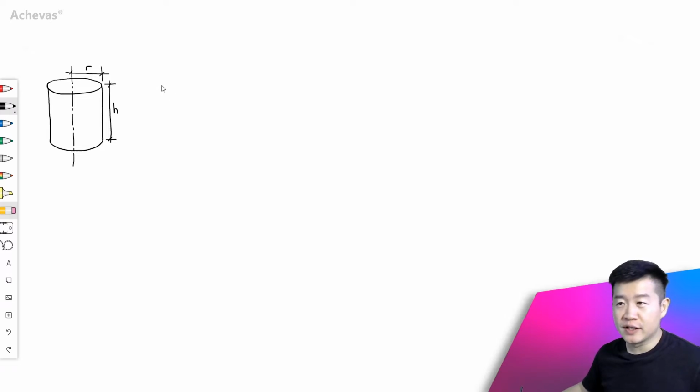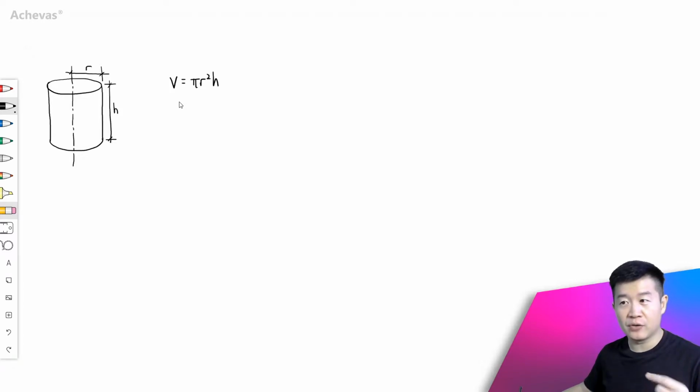First, let us quote the volume of the cylinder. For the volume, let me go for V. So V is equal to pi r squared h, the volume of the cylinder. So in order for us to find the maximum possible volume, we want to first try to express V in